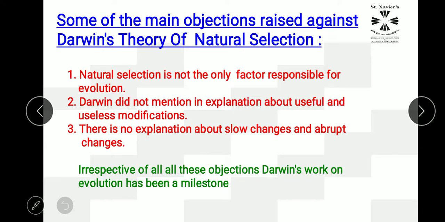Some of the main objections raised against Darwin's theory of natural selection. Students, the natural selection theory was rejected, we can't say rejected, some objections were raised, students, against this Darwin theory. What were the objections? Main points are written over here. I have brought them for you, students. Natural selection is not the only factor responsible for evolution. We can't say that only natural selection is the factor responsible for evolution, because